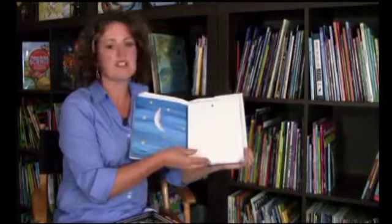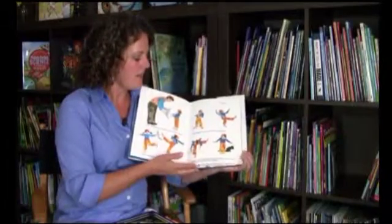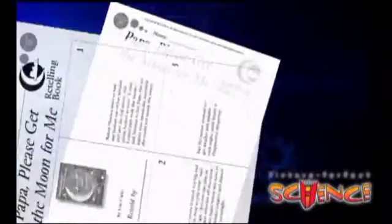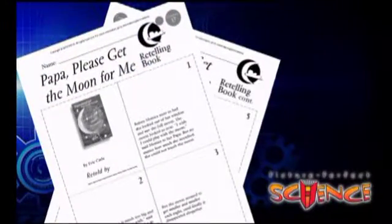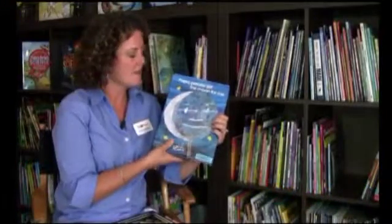They actually re-illustrate or retell the story with a little book that we have them make, and they tell it. They make it scientifically accurate with the correct moon phases. So that's really a higher level of thinking where you have to look at something and find the inaccuracies and then correct them. So we have a lot of fun with that, and we always tell the kids that,